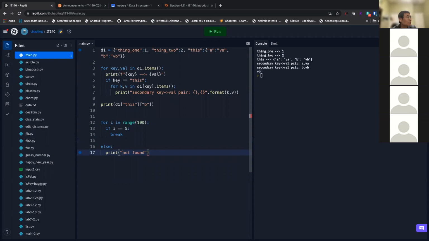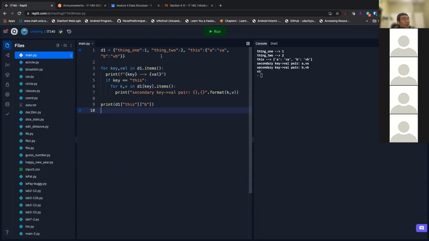Okay, so basically what that means is if I break, that means I found a 5 and a break and I found it. If I didn't find 5, then this loop searched all 100 numbers and didn't break, so I say not found, right? This is more natural, okay? Rather than just using a Boolean, saying found equal to false, right? This is another trick. And then before you break, you have to say found equal to true, and then you can say you found whatever, right? So instead of doing that, you can just use that. Okay, so that's the else statement.